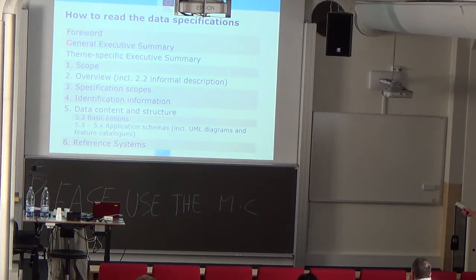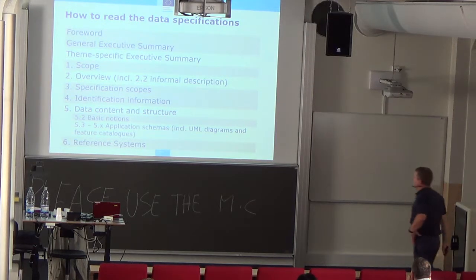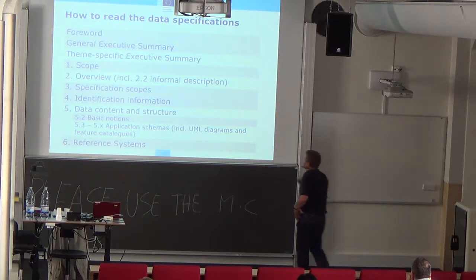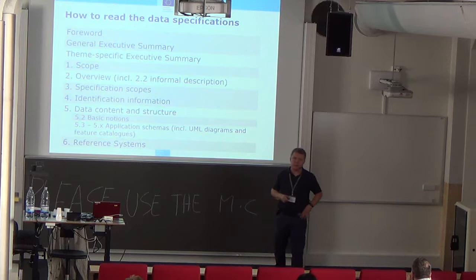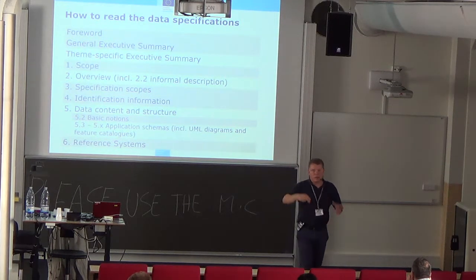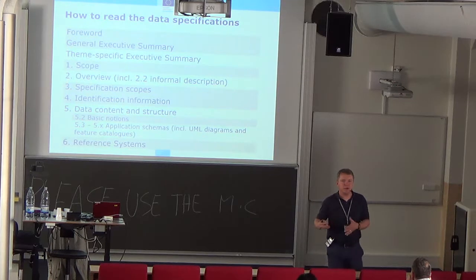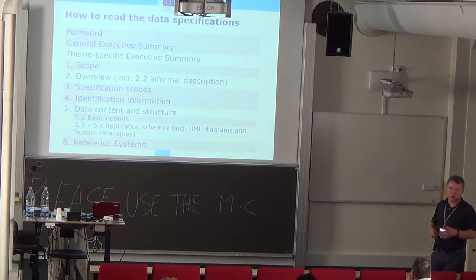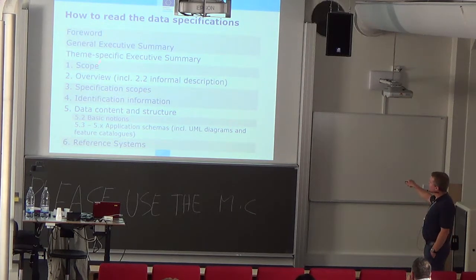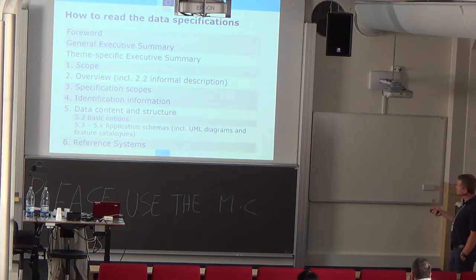You will see that some parts of the data specification content are usually shadowed in gray, which means that these parts are common for all data specifications. Once you read them, you will know that these parts are common for all 34 data themes. But what is usually specific for each theme is the theme-specific executive summary, overview, data